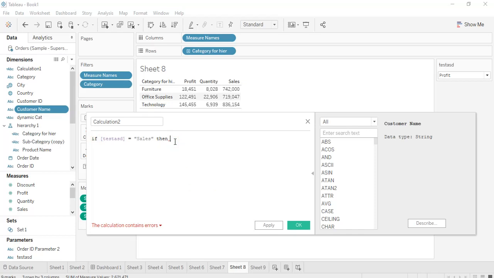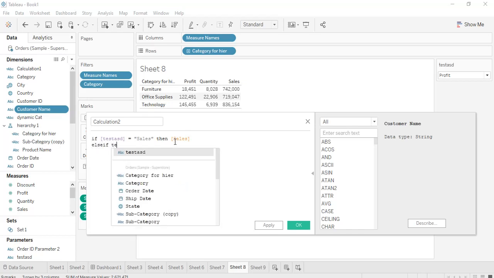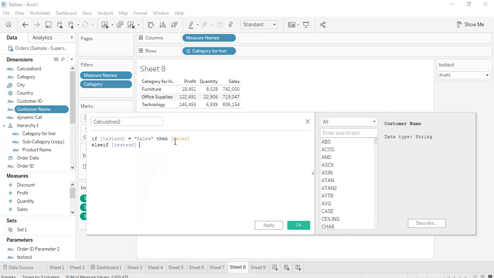Okay, then what I want to display is sales. Okay, else if equal to profit